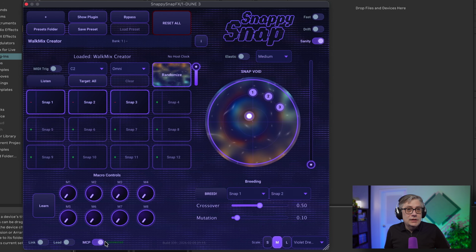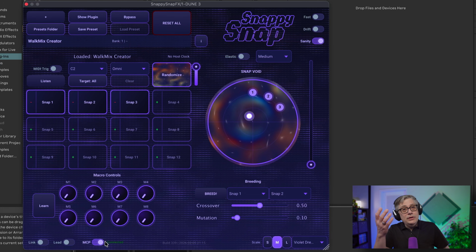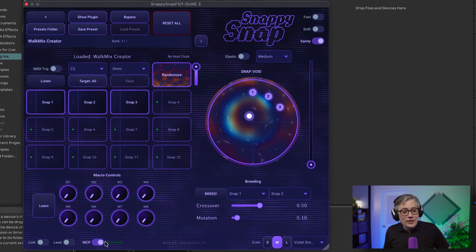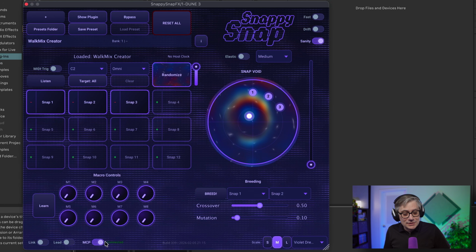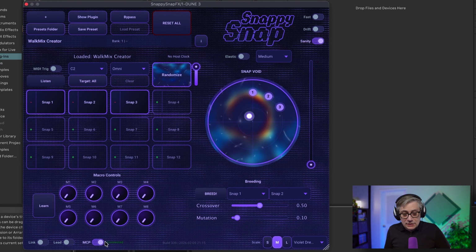Now, one thing I need to point out is that if you are uncomfortable using commercial large language models because they use so much energy, you can also use a local LLM. You can download an open source LLM and connect SnappySnap to the local model, so everything runs locally and you are not going to have to deal with anything that is out there. So this is really cool. Once again, once I get that to run, I'll probably do a separate video. And if you get that to run and find that interesting, let me know. I'd really be interested to hear how you think about these types of applications.